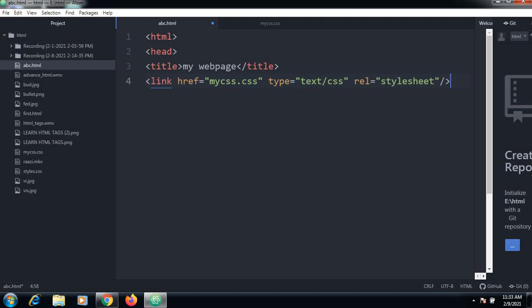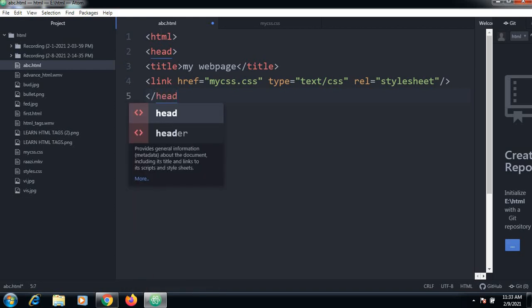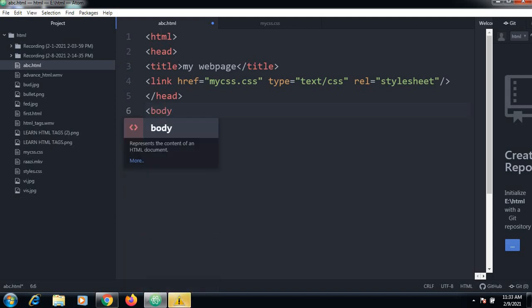After closing this link tag, I have to close the head. Now /head. So this is how I close the head. Now I will open the body and type something over here.